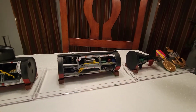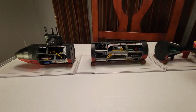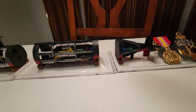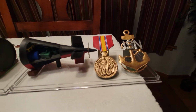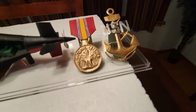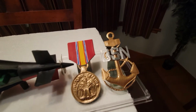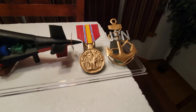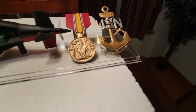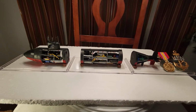So like I said, no, this is not 100% accurate. It's just meant to give your eyes something to look at, some detail. Because the tail section was so small, I decided to make the U.S. Navy Chief pin, which always was a nice looking thing. And as part of the tribute, I wanted to throw in the National Defense ribbon because 129 men lost their lives